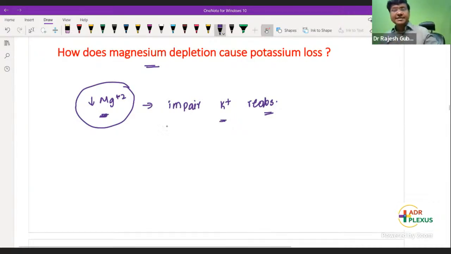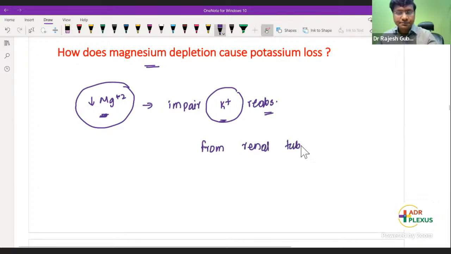So whenever there is hypomagnesemia, please remember this will impair the potassium reabsorption from the renal tubules. And later on, once we corrected the magnesium, we never again saw the patient coming back with hypokalemia. So making out a diagnosis is very simple in general medicine. Everyone can make out the diagnosis. What is this patient suffering with? This patient is suffering with diabetic ketoacidosis. That you can tell by checking the urinary ketone bodies.